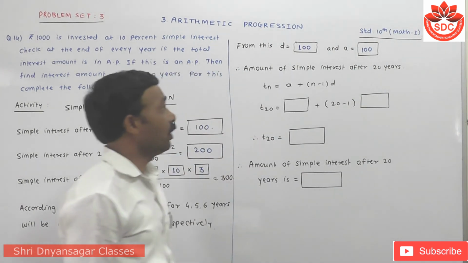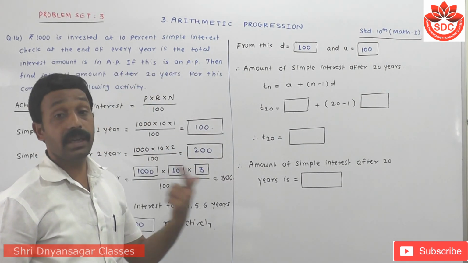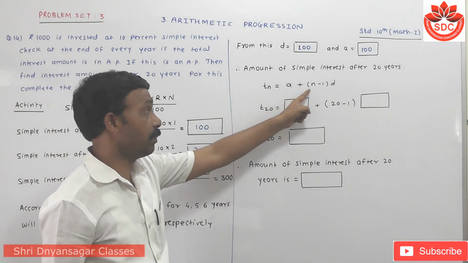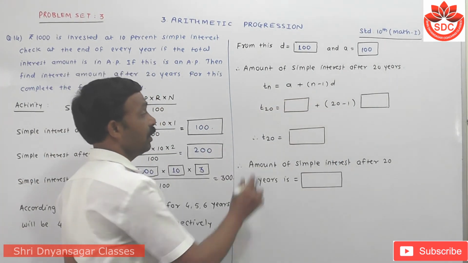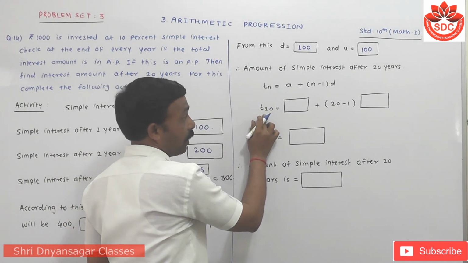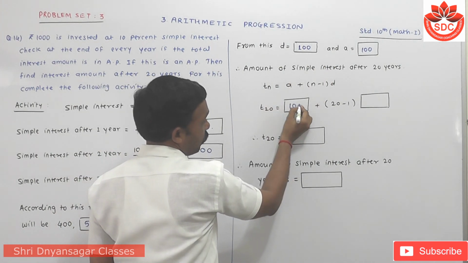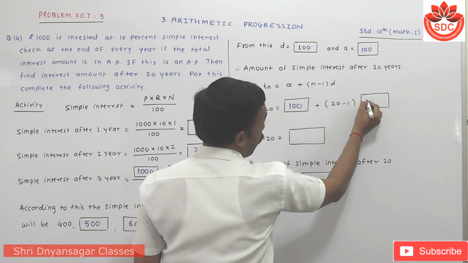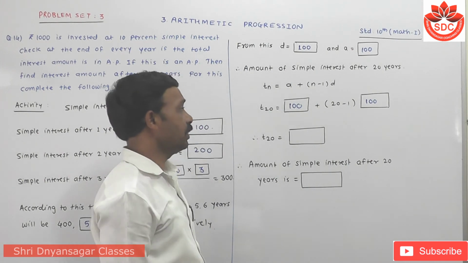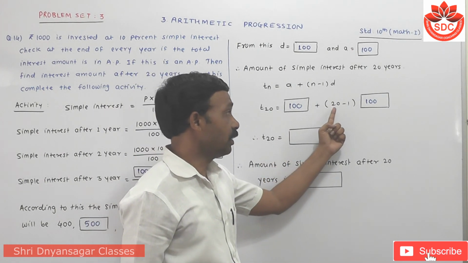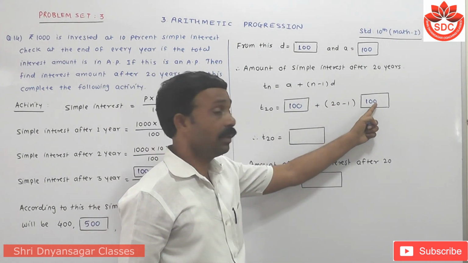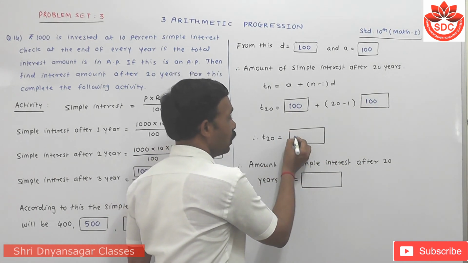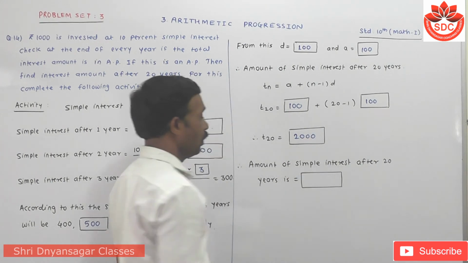Now the amount of simple interest after 20 years means n is 20 here. So the formula is Tn = a + (n - 1)d, which is given here. T20 you have to find out here. a is 100, substitute here, plus n is 20 minus 1, into this again 100. Student, now take its calculation first. This 100 plus this 19 into 100 means 1900, plus this 100 becomes how much? 2000. So that amount